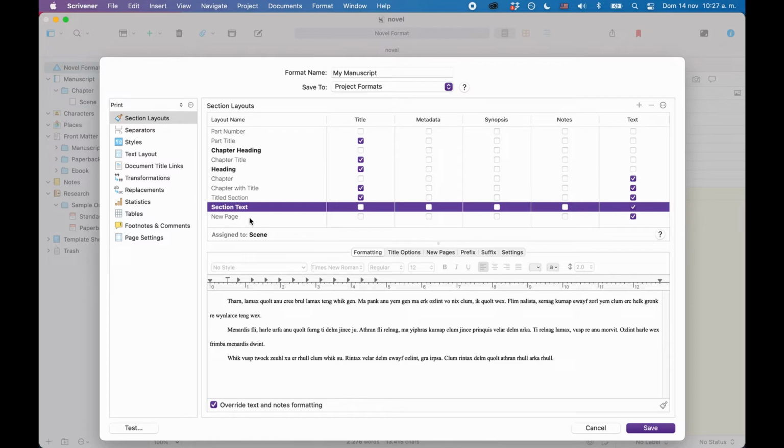You define what different kinds of layouts you need for the documents that you have in your project. And the names that you give them are arbitrary. In my opinion, it helps to name them like they did here with what it is that they will compile, so that later, when you assign these section layouts to the documents in your project, you will know from the name what they do. Okay, I think now that you have grasped the concept of how these section layouts work,